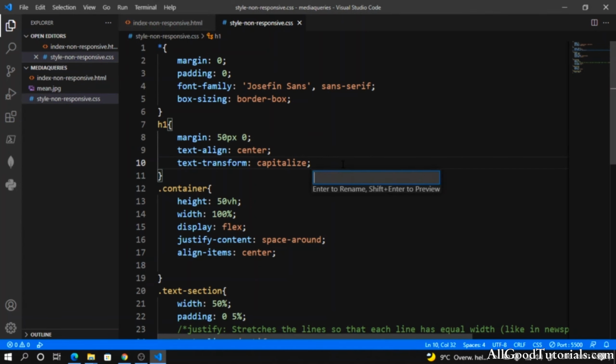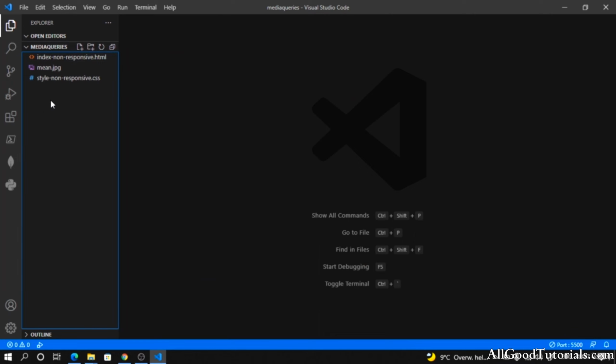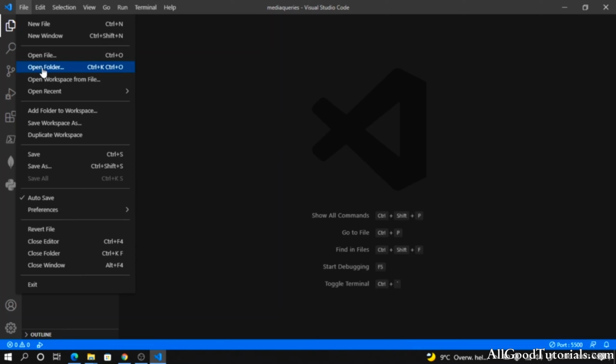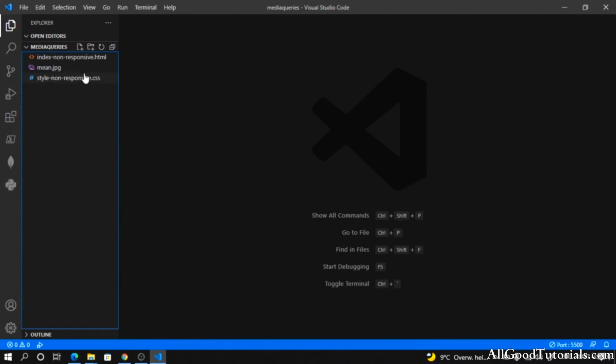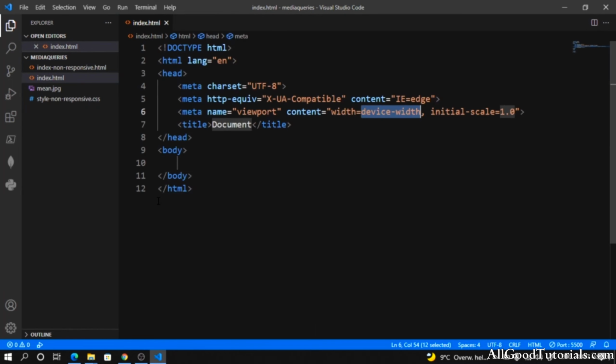So first thing first, you should create a folder on your computer and open that folder with File and then Open Folder. After that, let's go ahead and create our index.html file. Press shift exclamation and it gives us some boilerplate code, and then we are going to put the title as media queries,